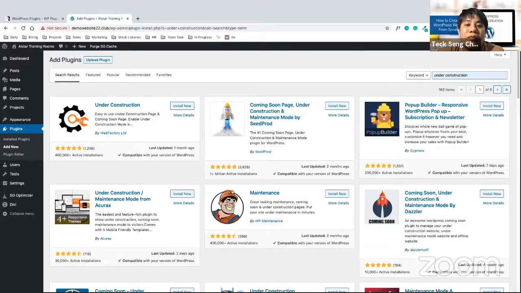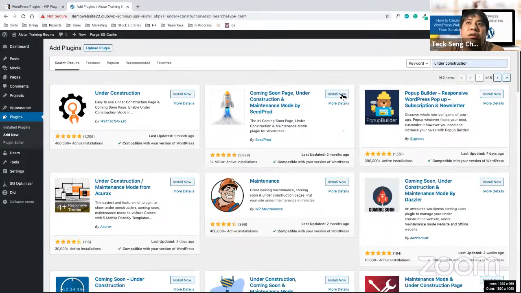Okay, so for example, let's go ahead and install number 2. So click on install now on the second one. Okay, once you see the button, click on activate.